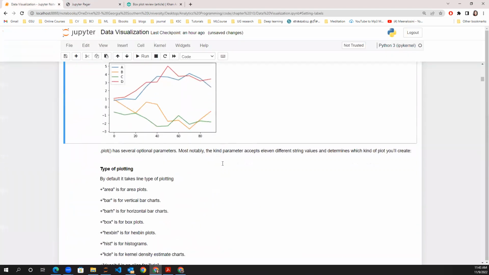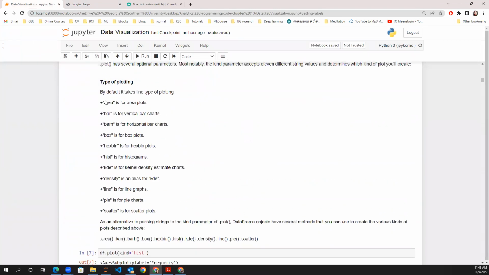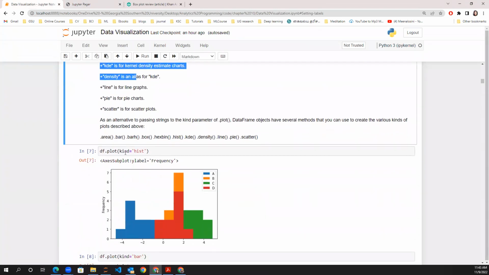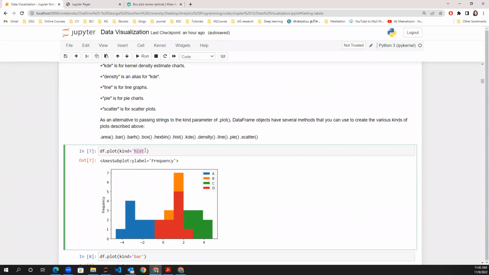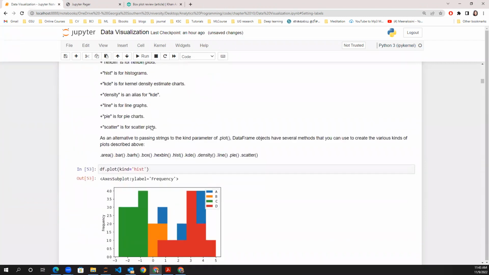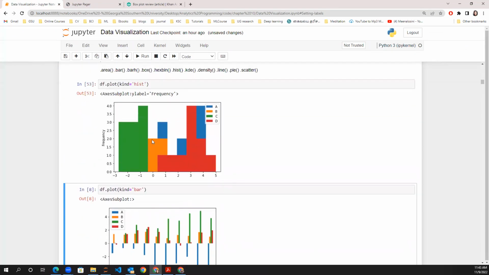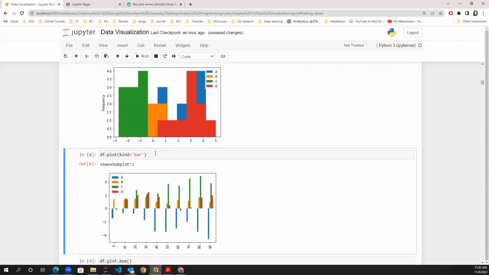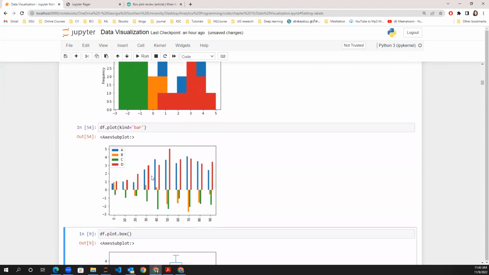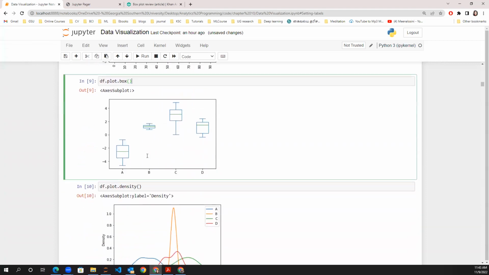So this is one way to do it. You can pass the kind of plotting that you want as a value to the kind parameter. Here I have passed the kind parameter value hist, so that will create a histogram for the given data frame. What a histogram is and what a bar chart is, I have explained in section 1. If I select bar, then you can see this is the plotting for bar. And box plotting,